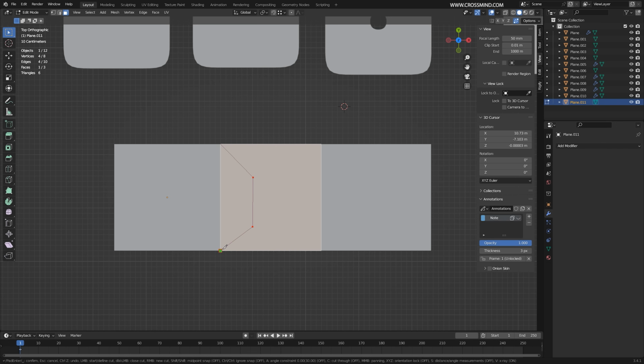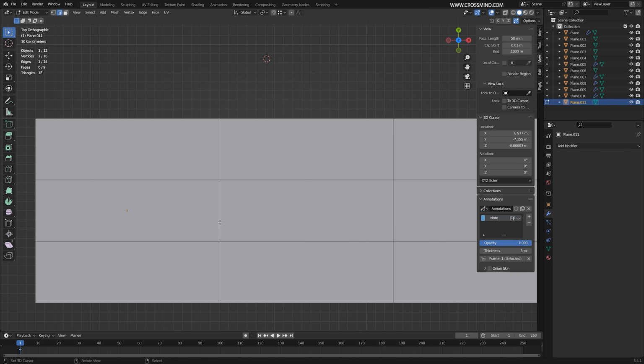Just remember this, and I'll also tell you a shortcut. There you go. So let's say you needed less detail here and more detail here, so more loops here but not in this part, without creating any n-gons. What would you do? Let's say we add two loops here, but in this part I don't want any loops, then I can simply move it this way